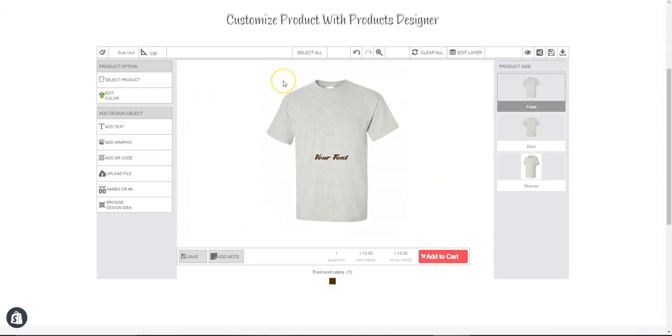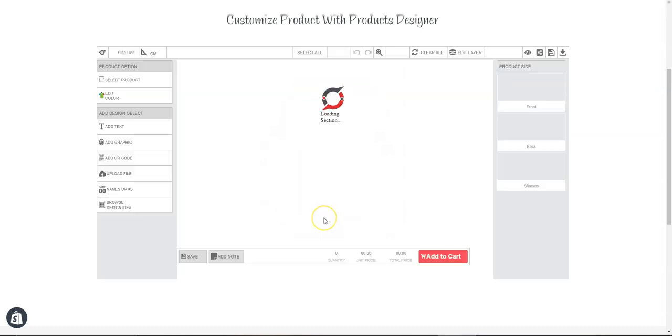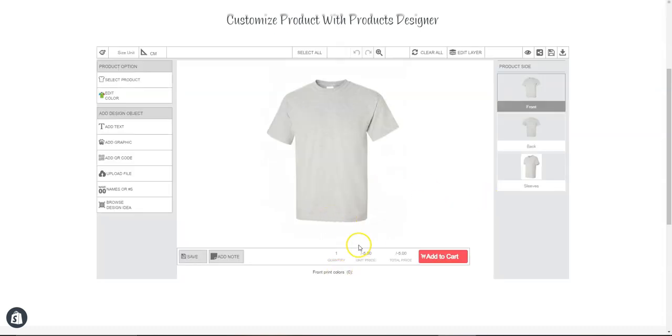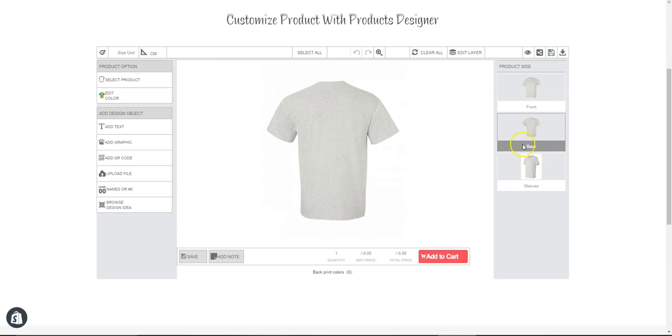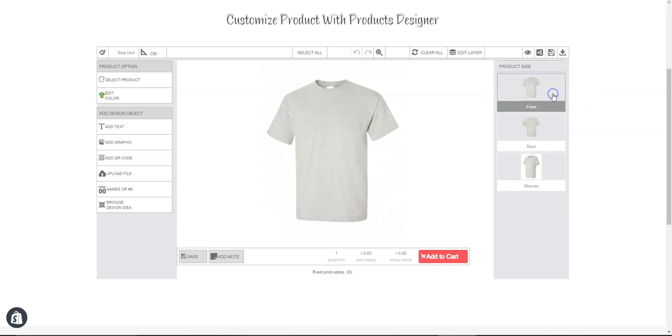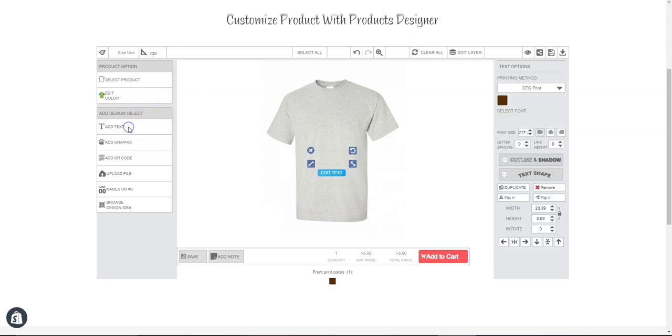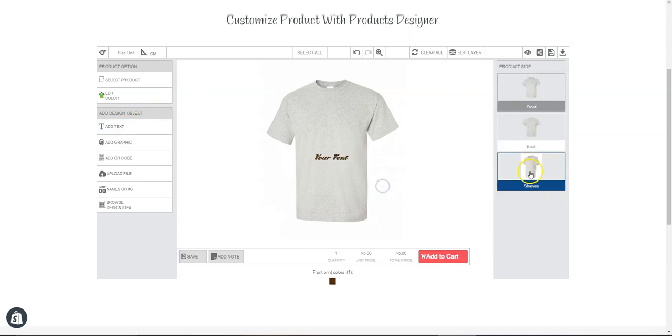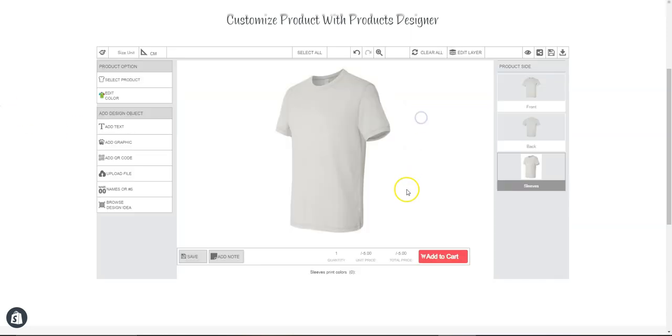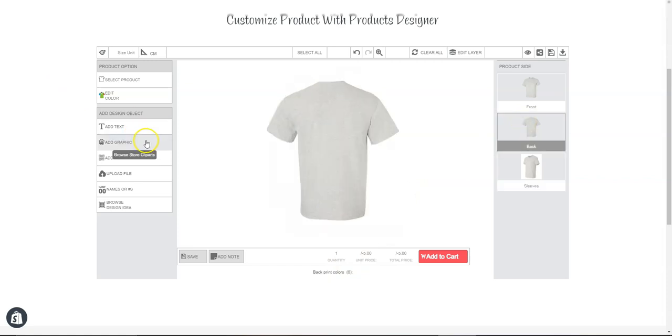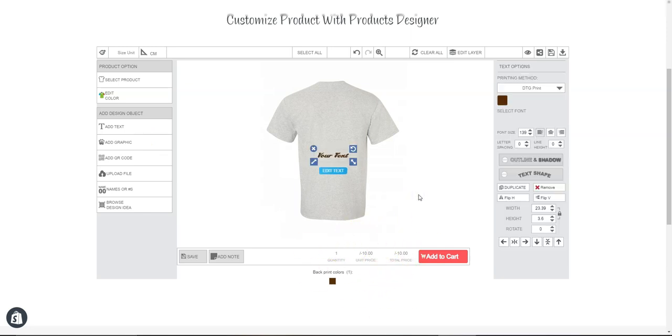and now if we refresh the designer page, you can see the base price is $5, and we have added an extra price of $5 for the back side only. So let's see if we customize the other sides, is there any change or not. If we add customization to these sides, there is no change in price. But if we customize the back side, you can see an increase of $5. So this is another method of how you can apply custom pricing to various sides of your product.